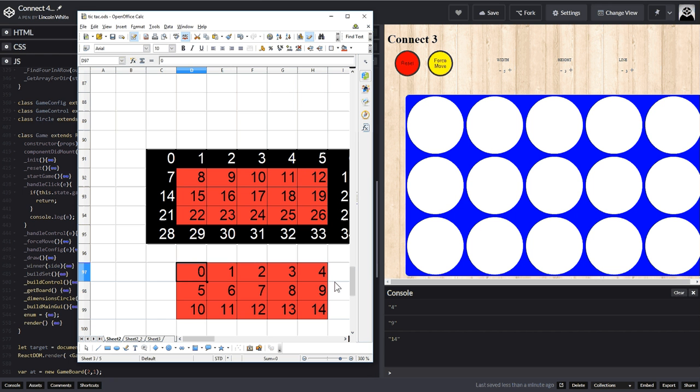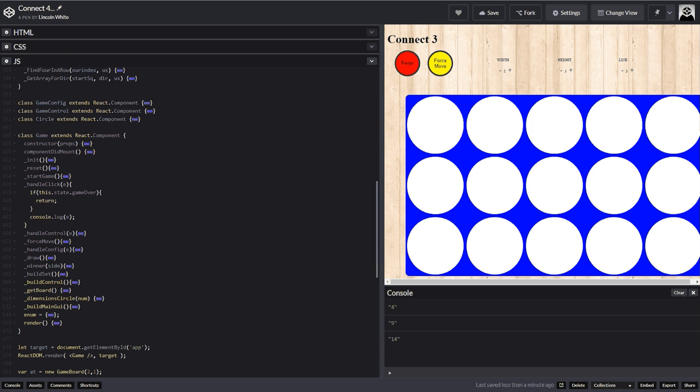Now we've got a problem because the other system uses this board. So when we click on that 0, we need 8. So we need to convert between the numbers, but we already got something that does that. So what we'll do is I'll move that aside, and what we'll do is